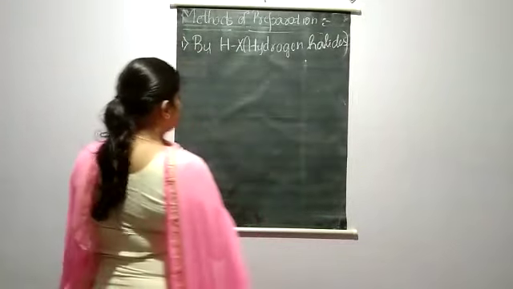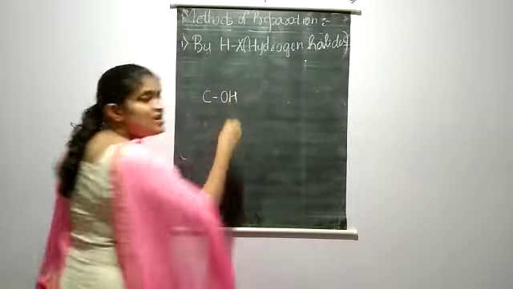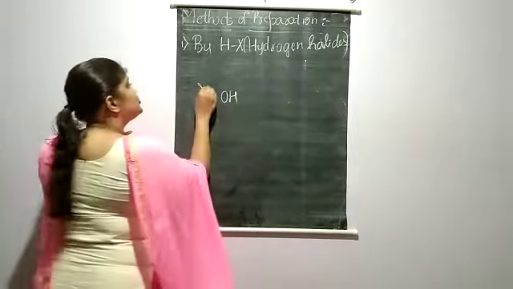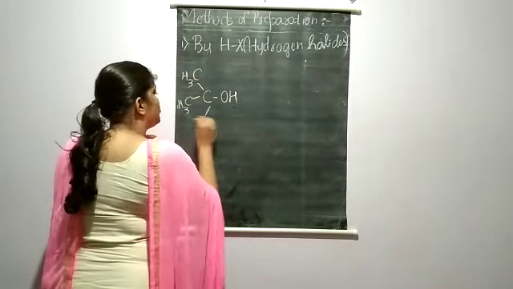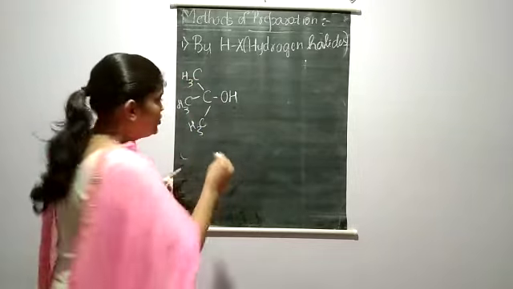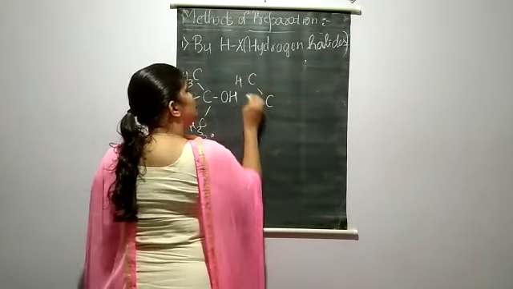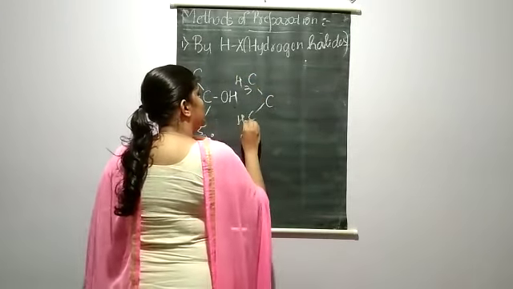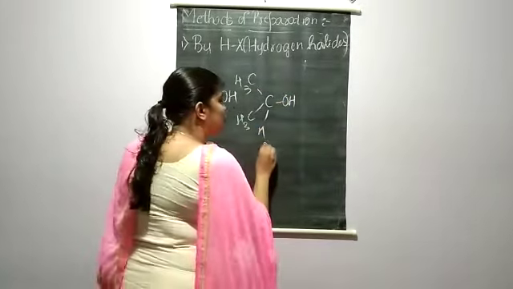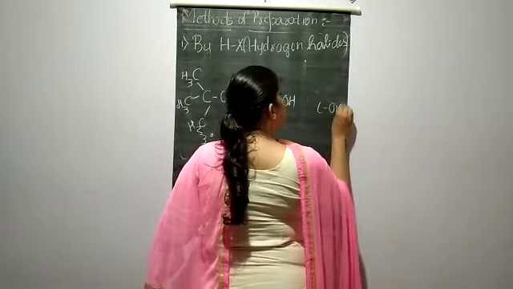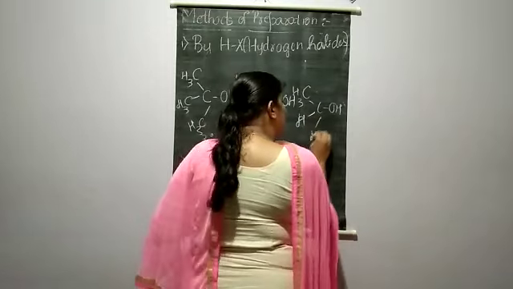So here you should know one thing, students. Tertiary alcohol is nothing but if our carbon atom which is having the alcohol group is attached to 3 more carbon atoms. Okay, if a carbon atom carrying an alcohol group has 3 more carbon atoms, then it is known as tertiary. Secondary is nothing but the carbon atom having the alcohol group attached to two carbon atoms. So then what is primary, students? The carbon atom which is attached to one carbon atom is known as primary alcohol.